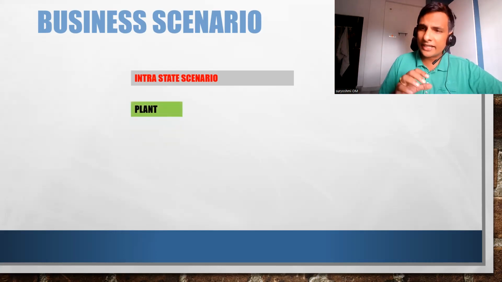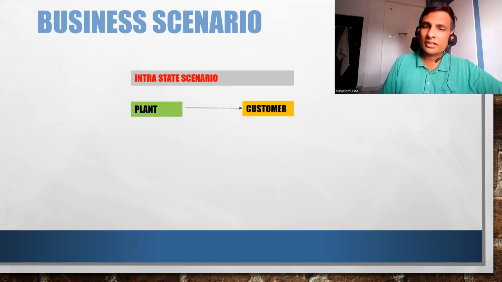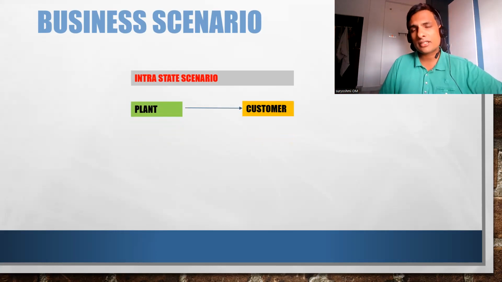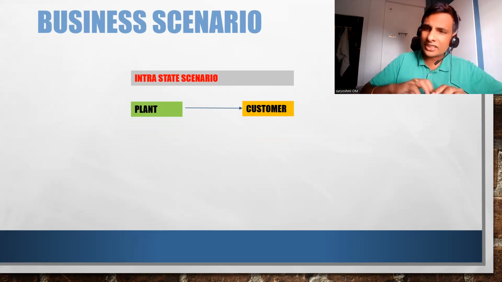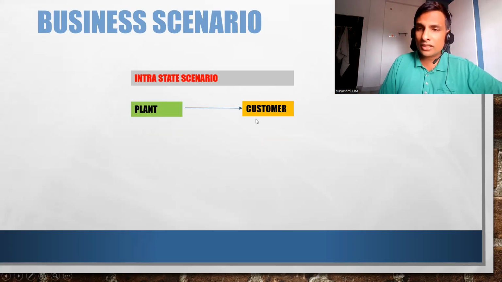For example, you have a plant located in Hyderabad, and from there you would like to send goods to your customer. Suppose he is located in Karnataka, Tamil Nadu or Mumbai, that is interstate. But now the situation is an intrastate scenario, happening within Telangana, Hyderabad, from one city to another, or even within Hyderabad if you are transferring goods from a plant to a customer. Your customer belongs to the same state as your plant, so the scenario is intrastate